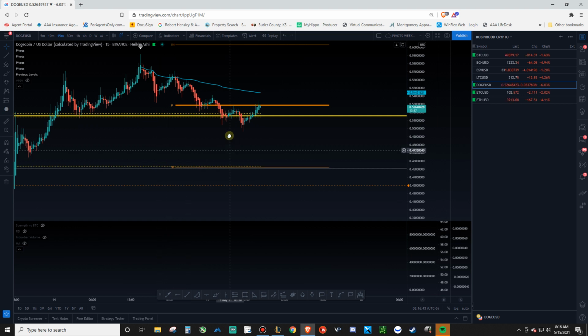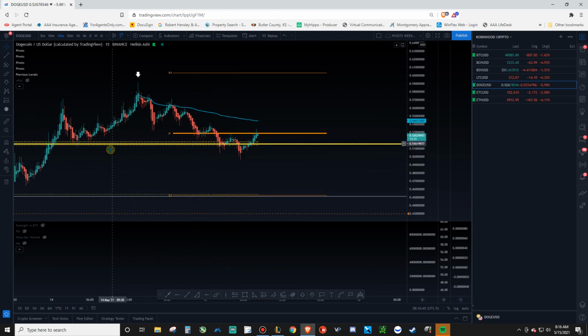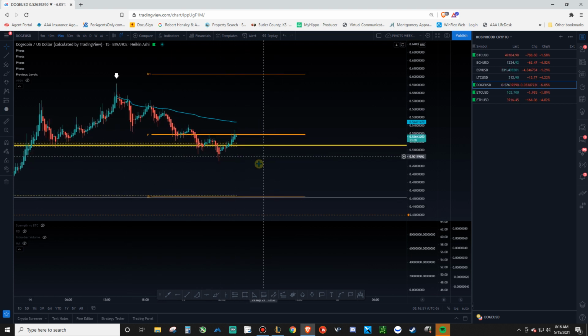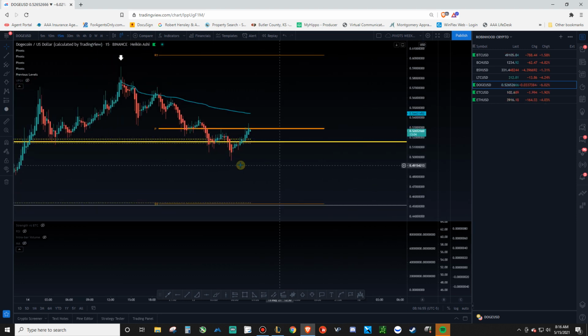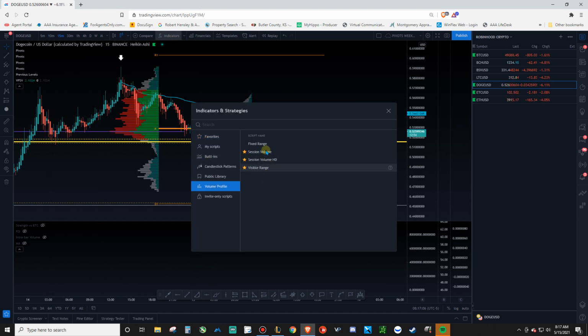So I color coded those yellow, and you can see that we had a weekly pivot and we've got weekly levels coming in right here on Doge. So this is what I'm looking at buying Doge here, because I'm going to go through kind of the analysis here. We broke out of those levels, and then we started the day, and we're kind of fading back into the breakout. And so now we add in the volume profile, session volume,